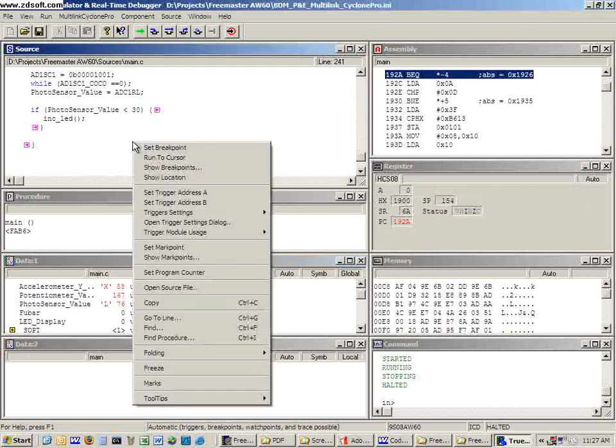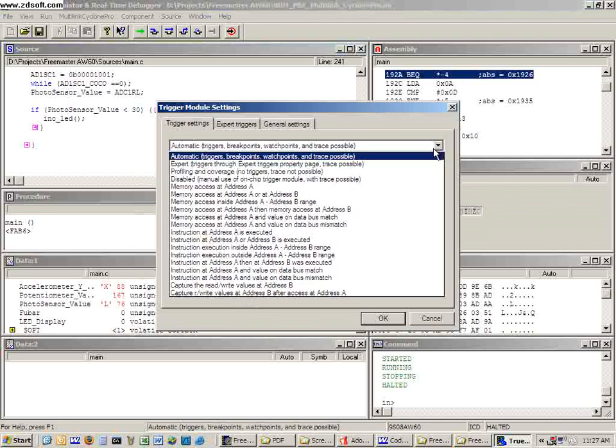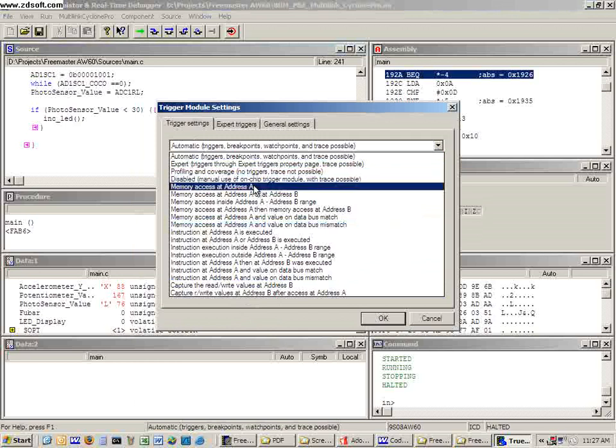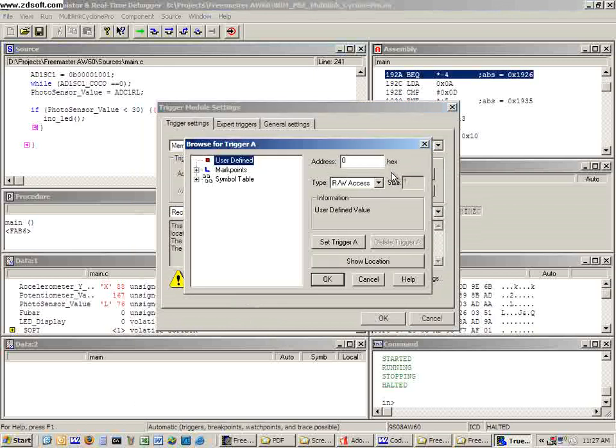So what I'll do is open this trigger settings dialog, and under the trigger settings I can say I want to, and these are the 13 or whatever different types of triggers that you can do. So I'm going to do a memory access at address A. So trigger A is not defined, so what I need to do is go in here and tell it what address I want. So that was